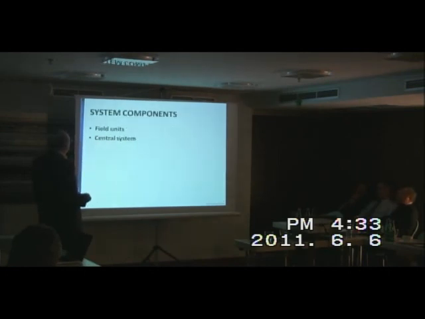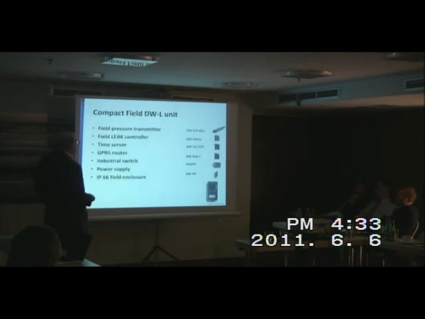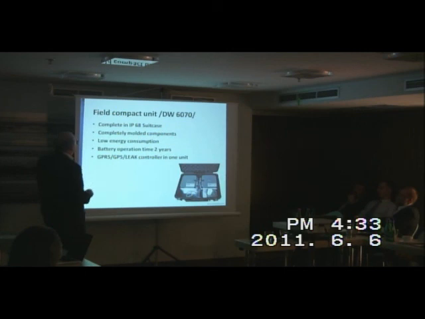What kind of system components are there? There are field units: transmitter, leak controller to process this data on site, time server to give the time synchronization, GPRS router for communication, switch, power supply, and IP66 enclosure. Another possibility is to use batteries, as I mentioned. We used this type for 2 years,